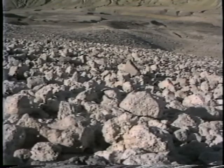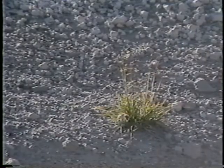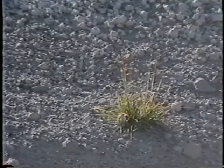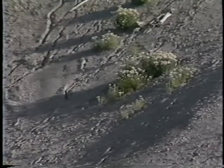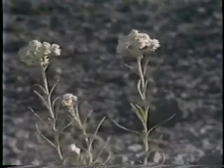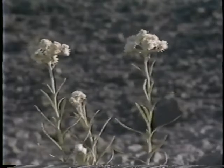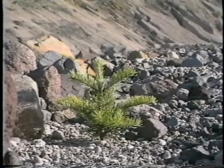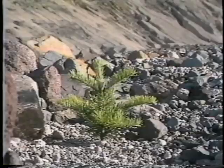Here in this bleak, windswept pumice plain north of the volcano, life is returning. Hardy plants struggle to put down roots in a most inhospitable environment. It has happened before, this massive destruction, and each time life has bounced back. The scientists working there are hopeful that these plants will take root right away on the first time through, and not just wither and die, and begin to anchor the uppermost layers of the soil and the volcanic debris